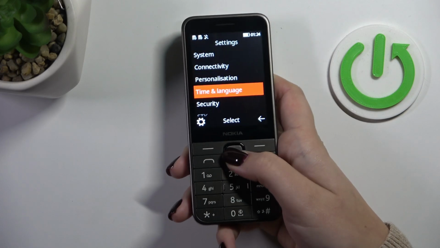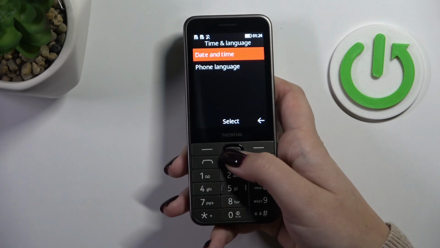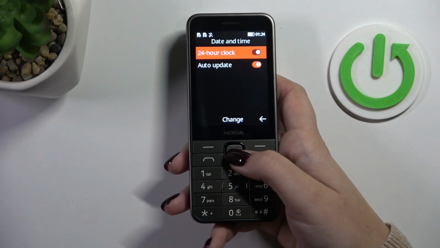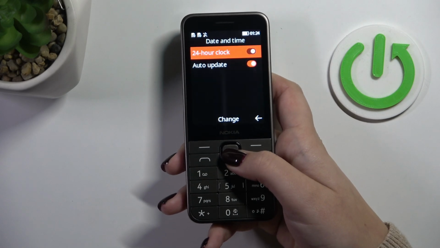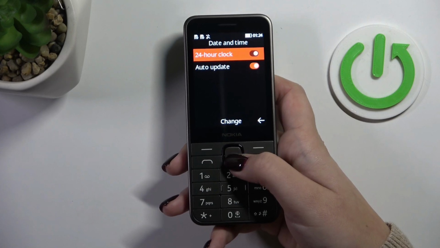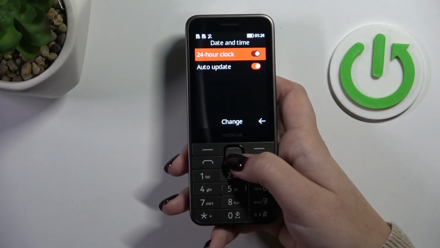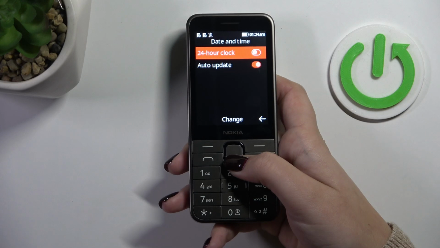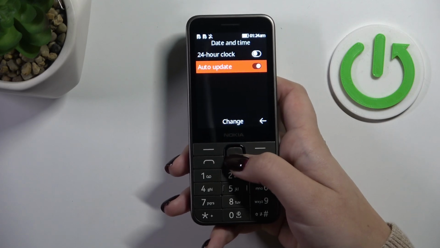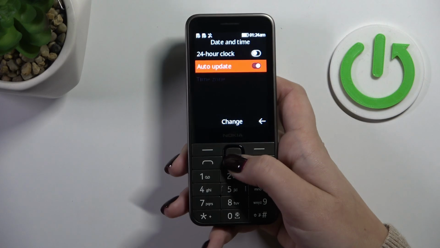Now go down to time and language, select date and time, select, and here we can customize the date and time. Basically we can decide what kind of clock format we want to use, so the 24-hour one which is currently applied, and you can change it just by pressing this middle button again, and we can set the 12-hour format. Currently we've got the auto update option applied, so we have to change it, so just press on change,